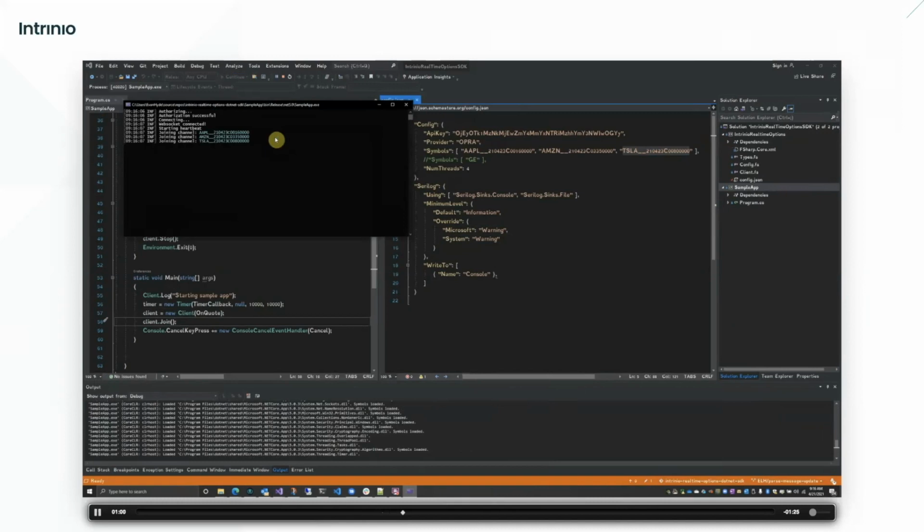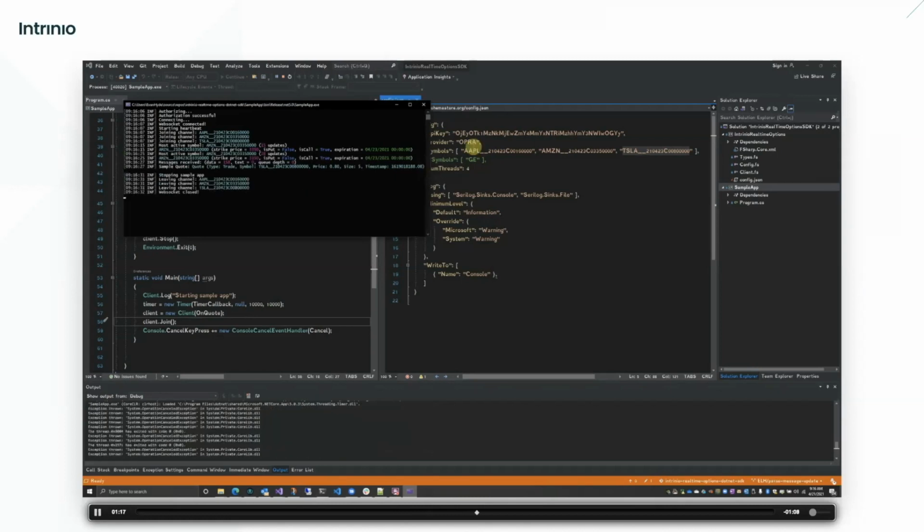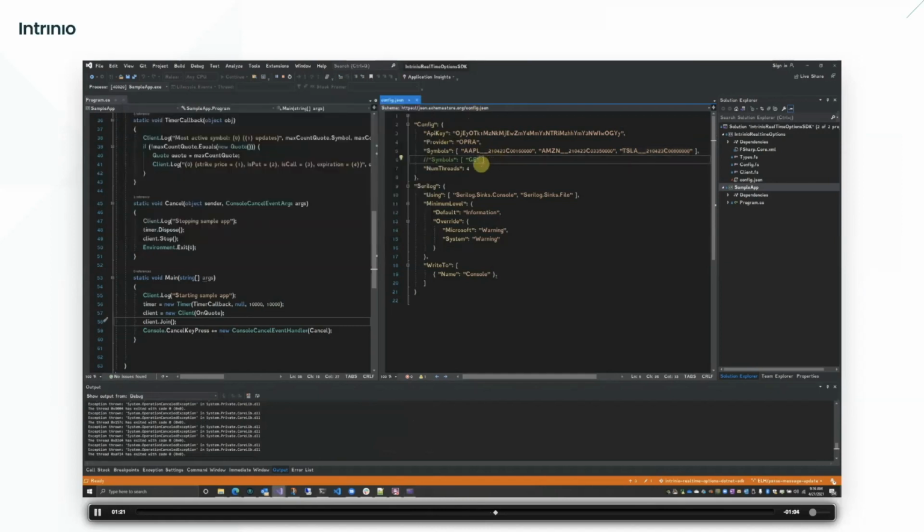In this sample application, all we're doing is counting the symbols or identifying which symbol has the most activity, the greatest amount of activity. It's a pretty basic terminal application, but it'll give you a feel for how to use it and how you can hook it up to your own product and do whatever it is that you might need to do. The other piece that we're going to look at